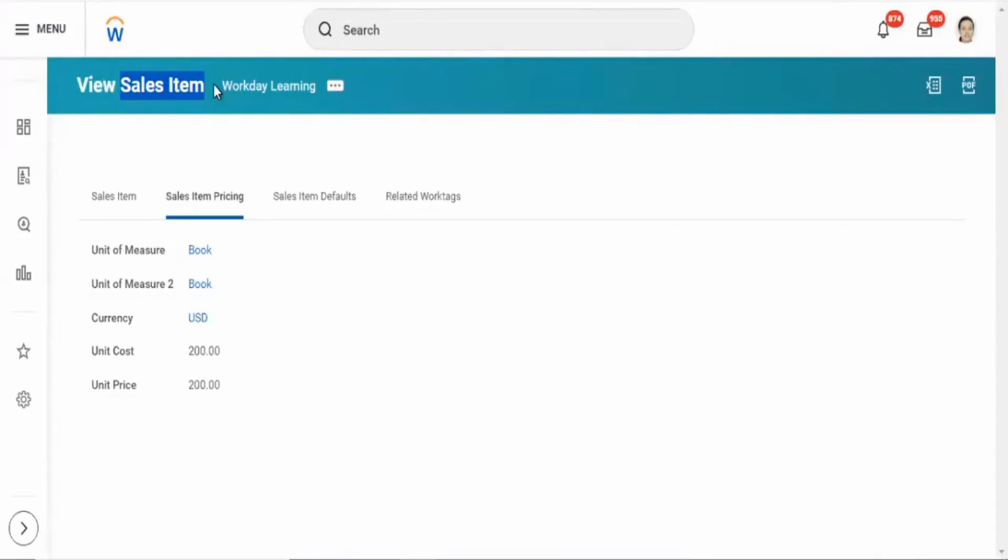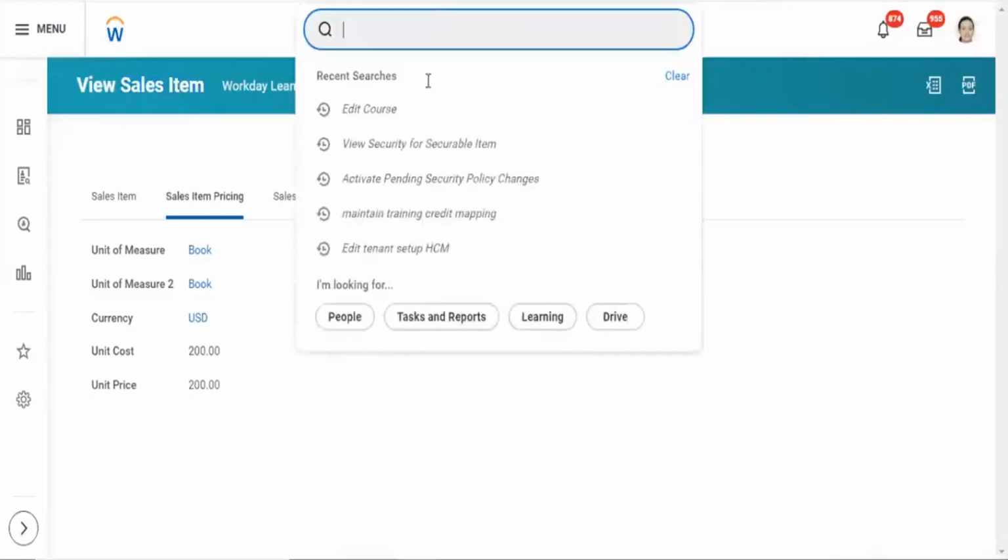In that way, we were testing the business process. Do you want to see that? Though it is not a learning admin task, I think that should help you understand how it goes.